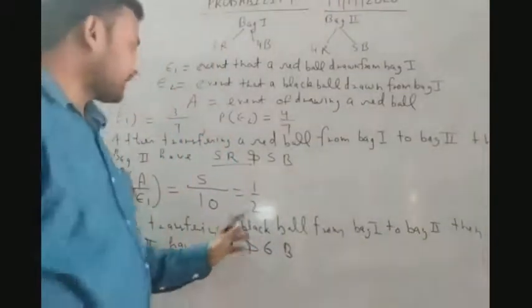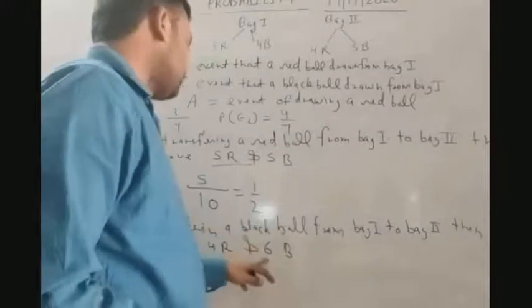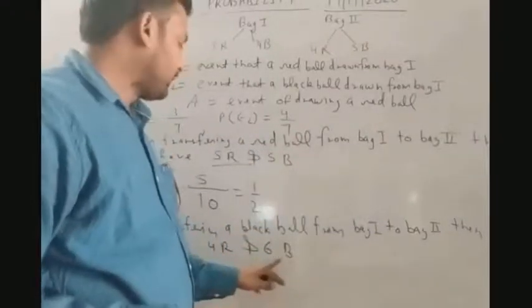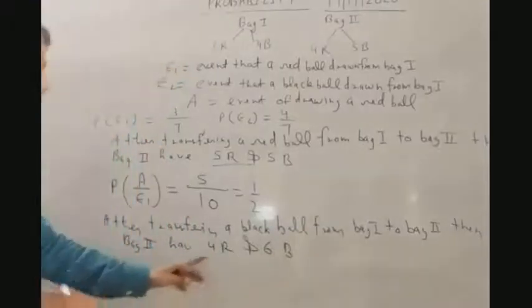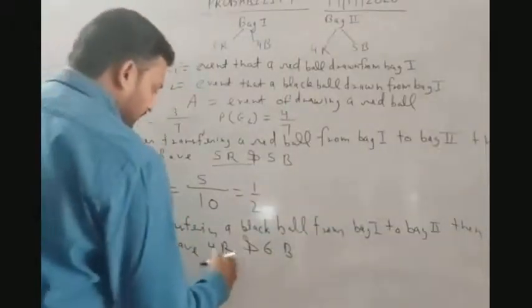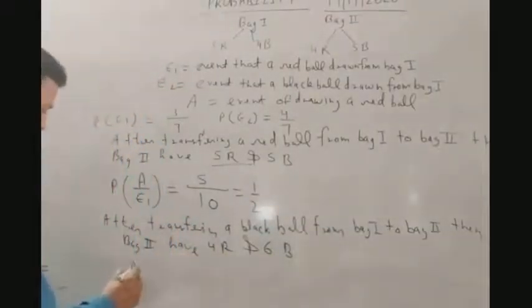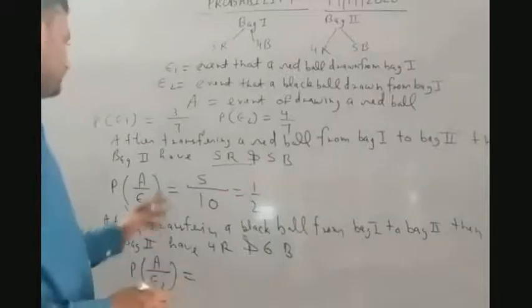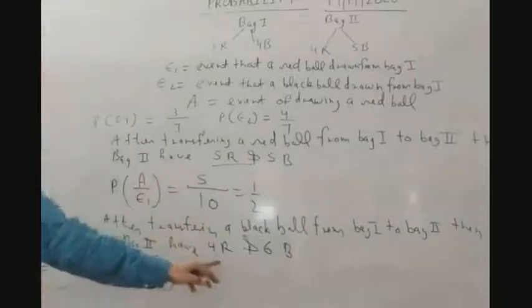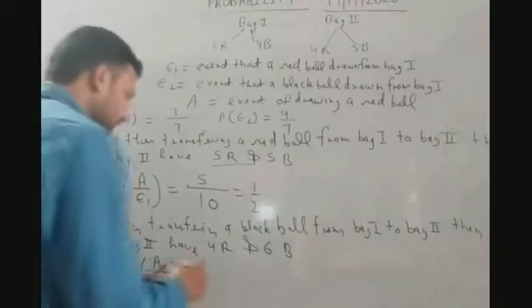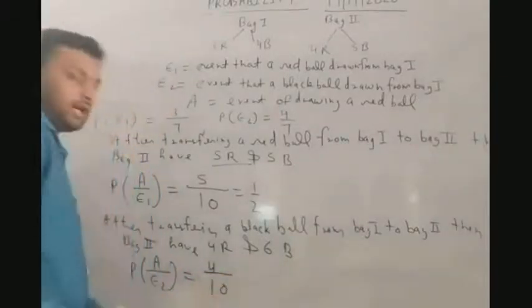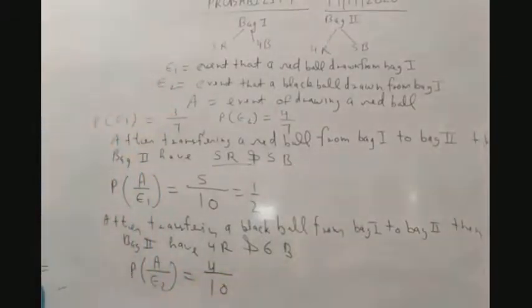Because we are transferring a black ball, the black balls increase to 6 in total, and 4 red balls are already here. So the probability of A given E2: now we are taking the probability of a red ball. Here the red balls are 4 and the total number of balls is 10. So it will be